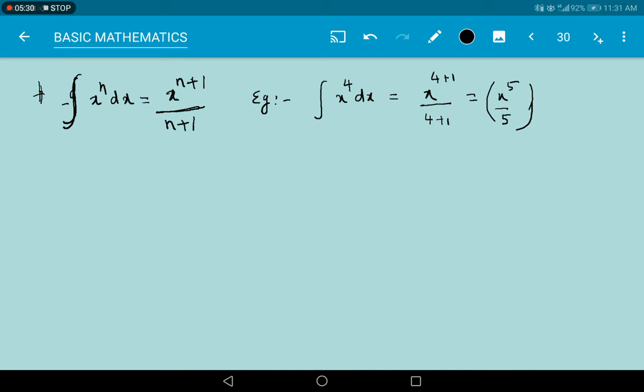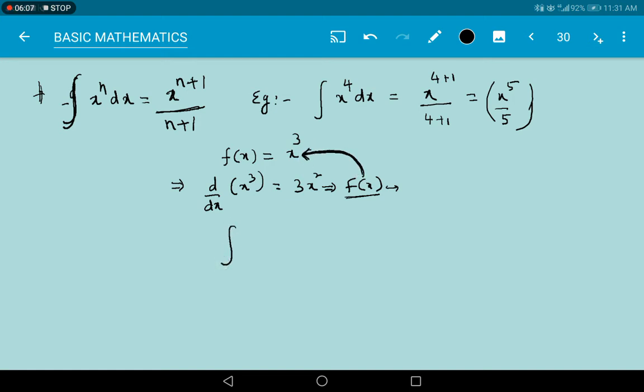Let us check whether it is the reverse process of the derivative or not. So we have been given a function like this: f of x is equal to x to the power of 3. First find its derivative. d by dx of x cube, we are going to get 3x square. This is nothing but capital F of x. So in the question they are going to give capital F of x, then we have to find the function whose derivative it is.